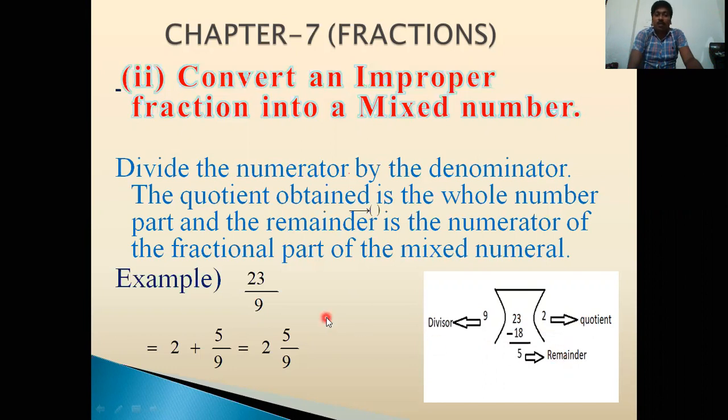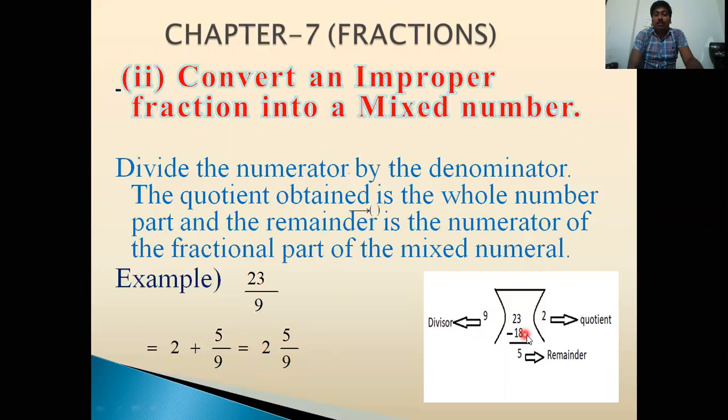Now how can we arrange these numbers? Yes, 2 plus 5 by 9. 2 is the quotient, and 5 is the remainder and 9 is the divisor. Now we can change it directly in this way. Firstly, we write the quotient here, which makes the whole, and 5 as the remainder in the numerator place, and 9 is the denominator. So in this way, we can arrange this number as 2 whole 5 by 9.